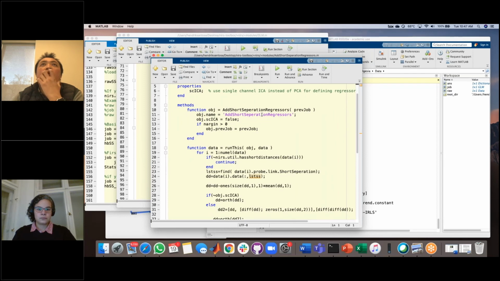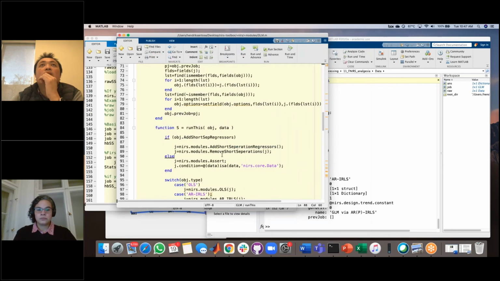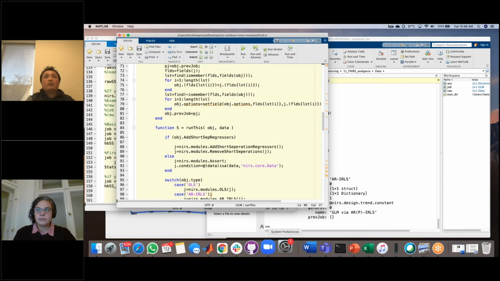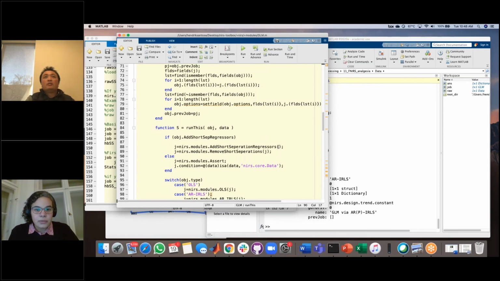By default it is true. Last time I think I just did it manually. If you want to use only oxy or only deoxy, there's no option in here.